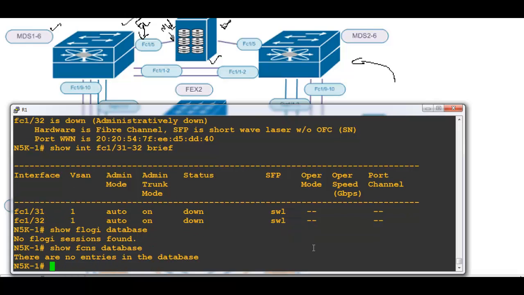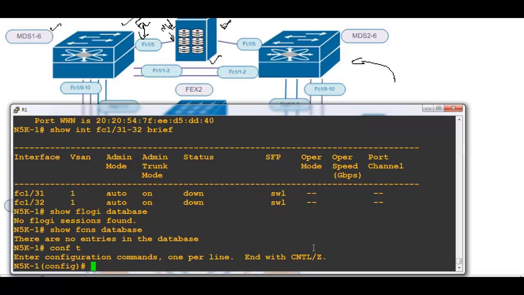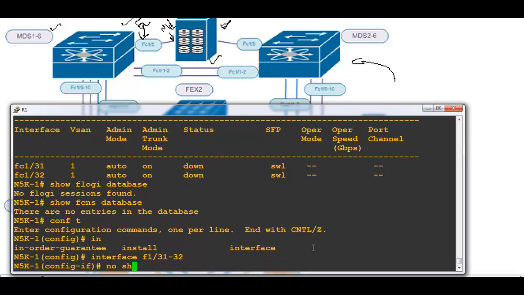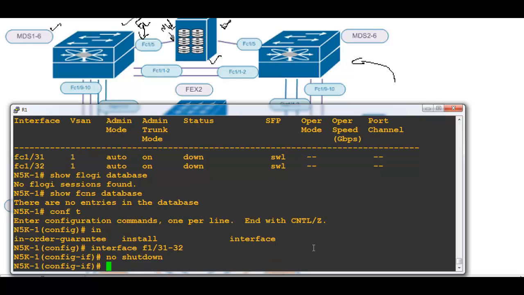The reason is you have not enabled that interface. So I'm going to go under those interfaces, interface fibre channel 1/31-32 and simply say no shutdown. I'm saying simply no shutdown